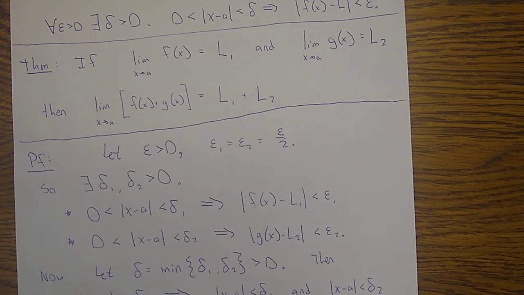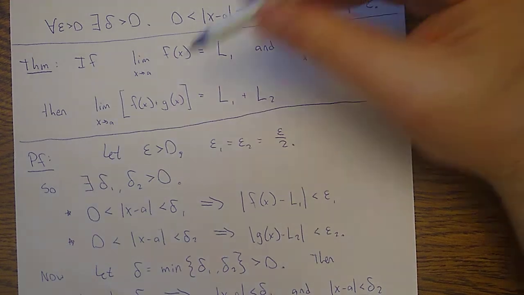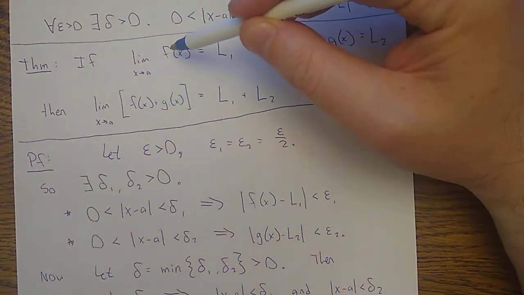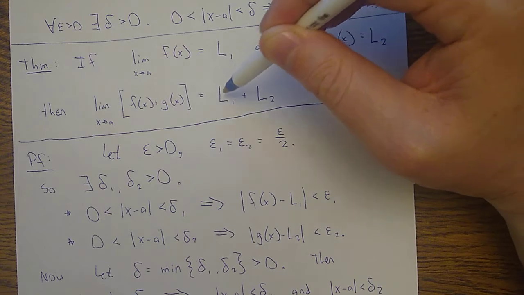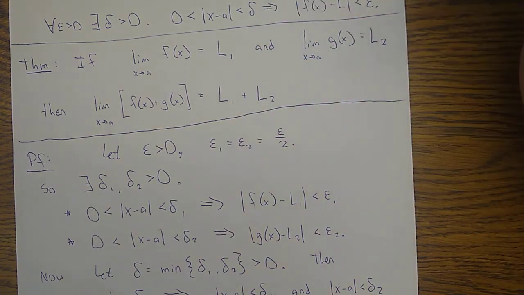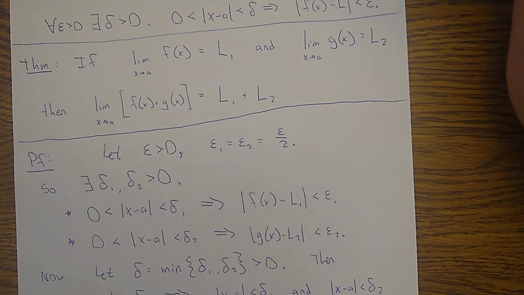And yeah, in the end, it's easy for this to feel extremely technical, and to lose track of what we're doing. But it is intuitive, at least parts of it are. Once again, we're claiming that if this function approaches this limit and this function approaches this limit, then the sum of these two functions approaches the sum of the two limits, and a proof of that really should involve